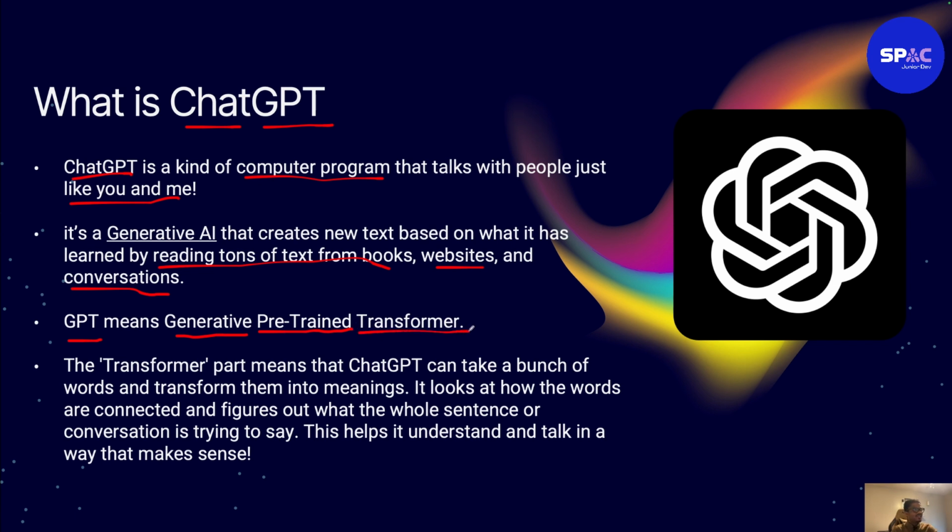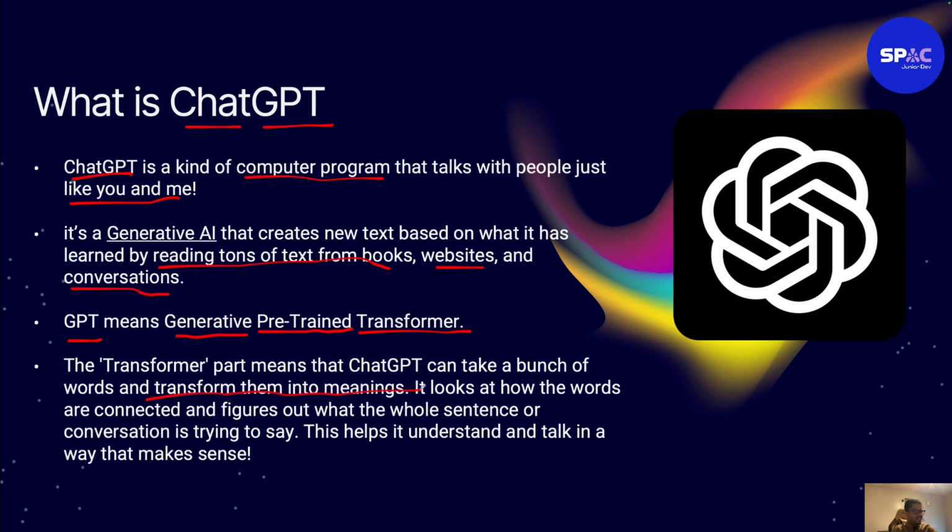And then transformer. I will explain what transformer is. So GPT means generative, pre-trained, transformer. Transformer is not like the transformer that gives power in your homes. It's different. Okay, so transformer in this part means that ChatGPT can take a bunch of words and transform them